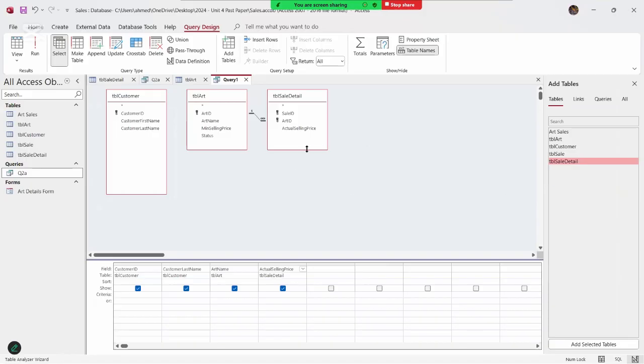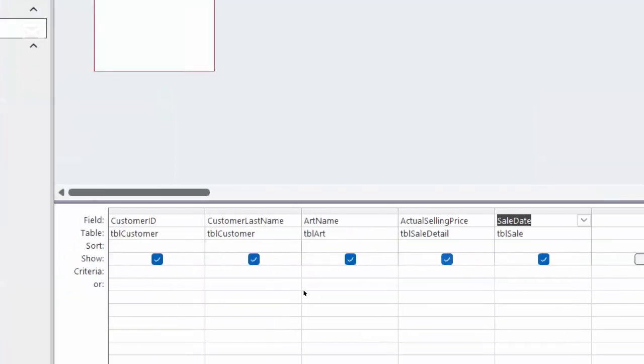Let's go into the sale table. Sale table. Here you have the sale date. I'm going to be taking the sale date field. And I'm not supposed to be showing this in my output. So I'm going to untick it. And over here, between